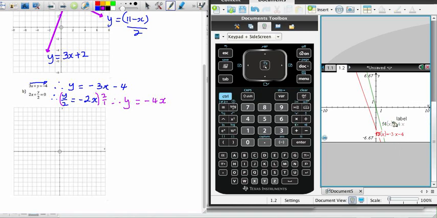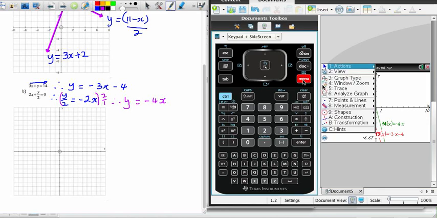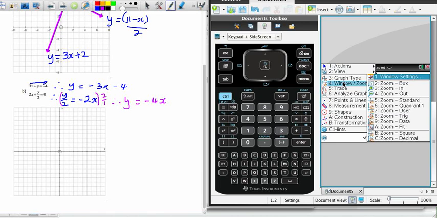And so we have several different options. You can grab the axes and move them, although that is quite difficult using the trackpad. What I do want to show you, however, is using the menu, and what we have is number 4, which is window or zoom. In the window or zoom, there are several different options. We can zoom out, but the one that's particularly useful is option A, which is zoom fit. And so I'm going to select that,